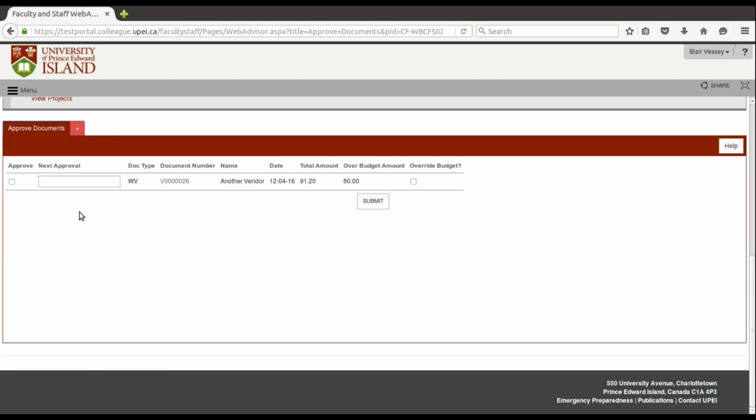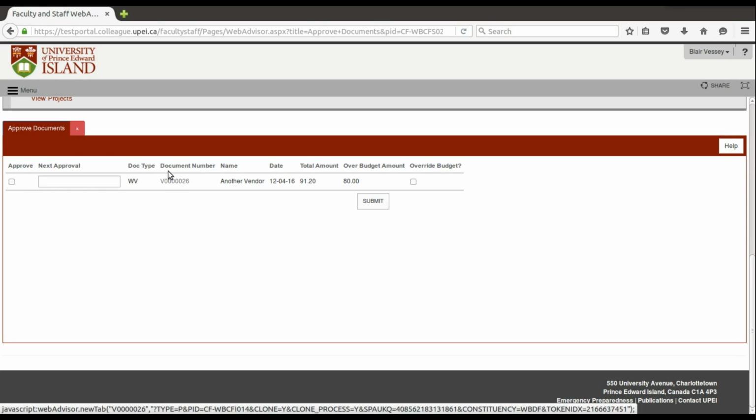If I go back to Approve Documents again, now you'll see that that requisition no longer shows because it's been handled. If I drill down into this other document that's shown,